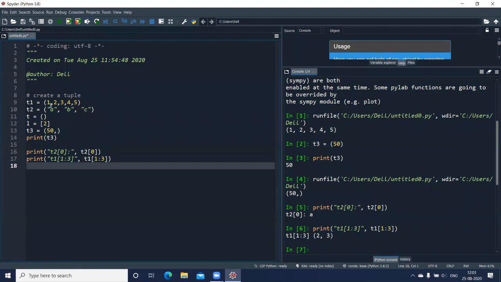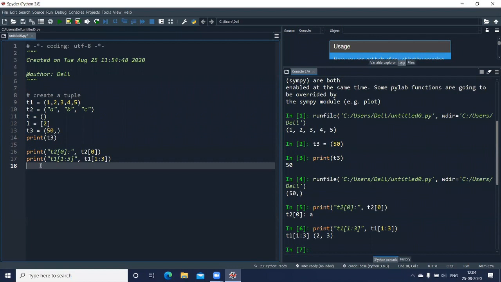You can see this is index position 1 and this is index position 3. As you remember, even in list, the last index position is not considered while displaying the value. Similarly here, if I want the value in the third index position as well, then this number instead of 3 should be 4. Keep this in mind.